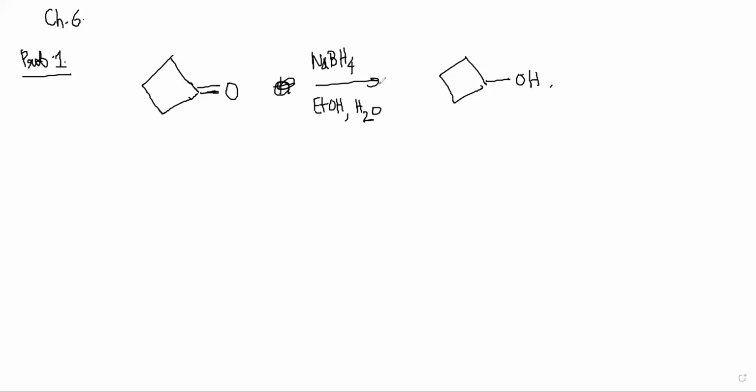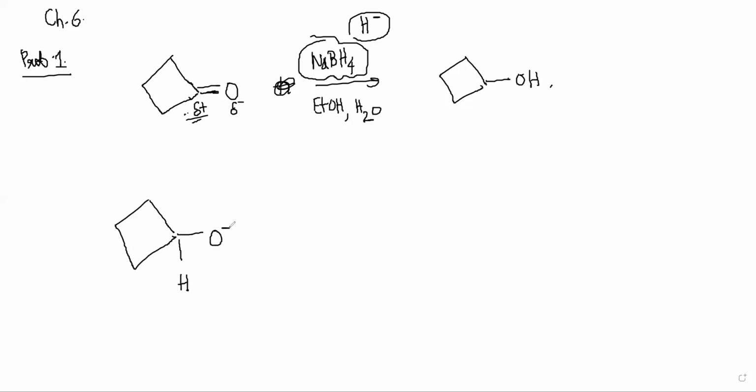Okay. So obviously the mechanism for this behaves as a hydride transfer type of thing, right? So what happens? The first step is nucleophilic addition of that hydride ion that comes out from it. Not in a typical way, there's no free hydride ion, but BH4 minus will break and the H atom with the bonding electrons will come out, right? And this is the positive end, the electrophilic end. So what will happen is an H will attach here, and this O will become O minus, right?